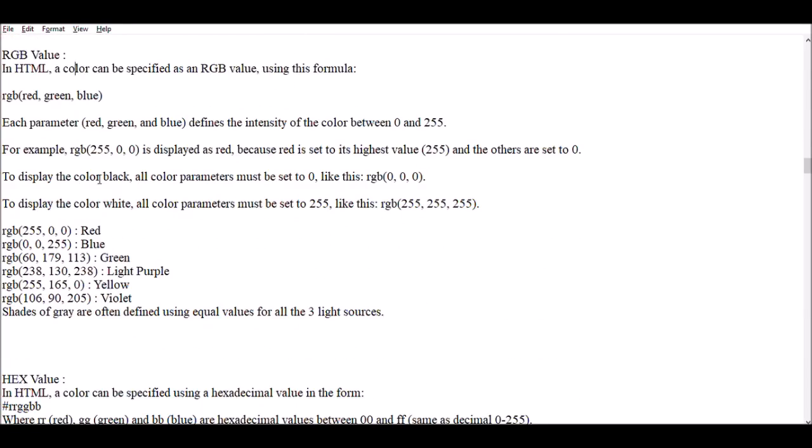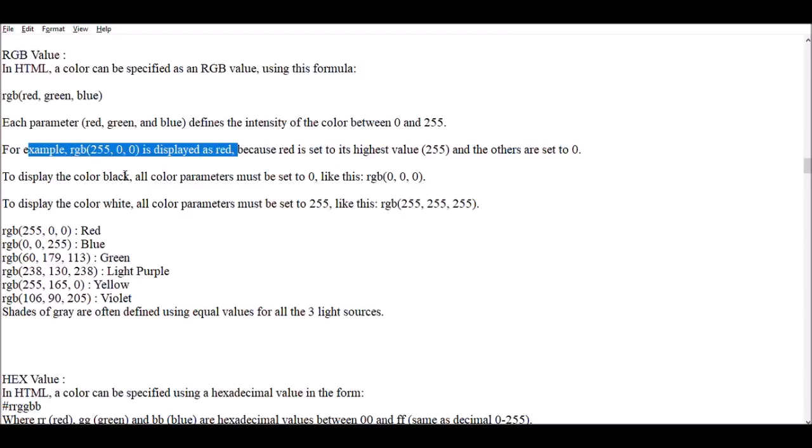In HTML, a color can be specified as an RGB value using the formula. Here, the minimum value of any R, G or B is 0 and the maximum value is 255. That is, it defines the intensity of color between 0 and 255. 0 is the lowest and 255 is the highest value. For example, here the value of red is set to highest and the others are set to 0, so it displays the color red.